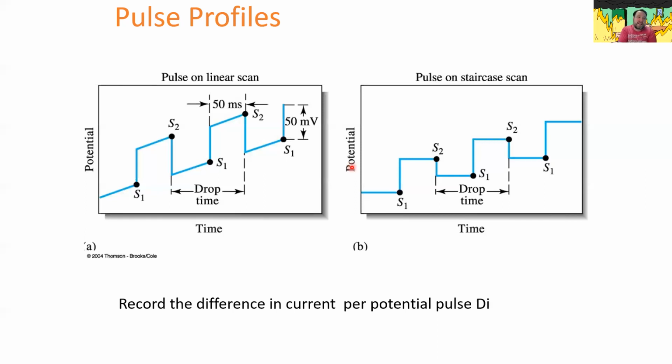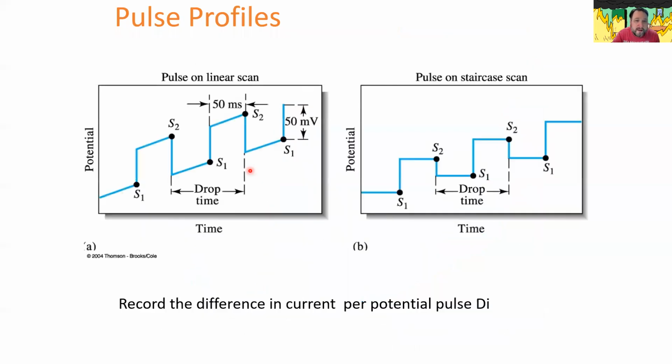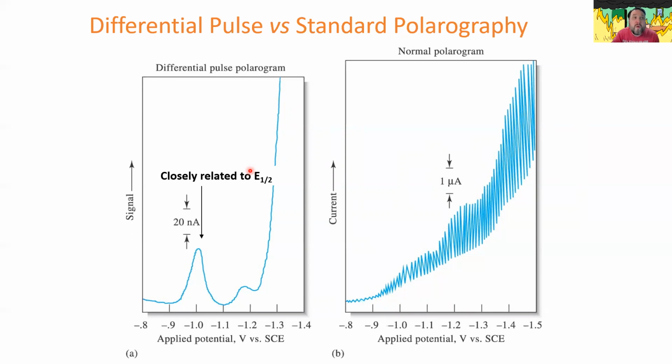The pulse sequence that you apply is not necessarily going to be up and then back down again. What you're going to do is a pulse on top of a linear scan. You jump it up and then drop it back down, and jump it up and drop it back down. You can record the difference in the current per potential pulse, as a difference in current. And if you sync up your differential pulses with your drops, then you can basically integrate that